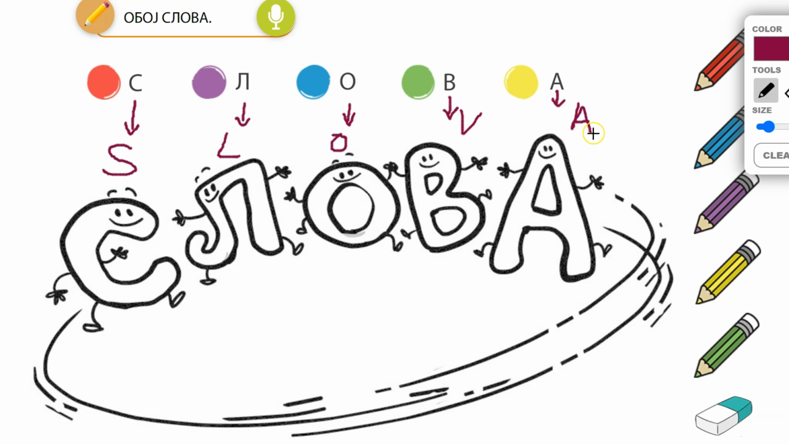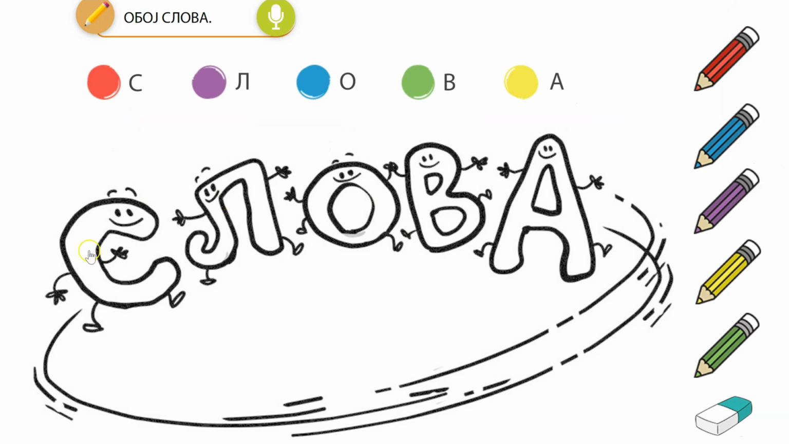Slova. Slova znači letters. Oboj znači color. So, oboj slova znači color the letters. So, let's color them together. Slovo S je crvene boje. Znači, slovo S, oboj, slovo S u